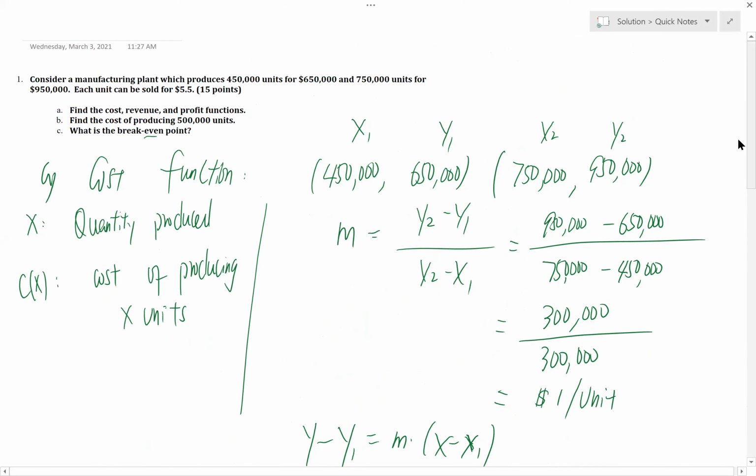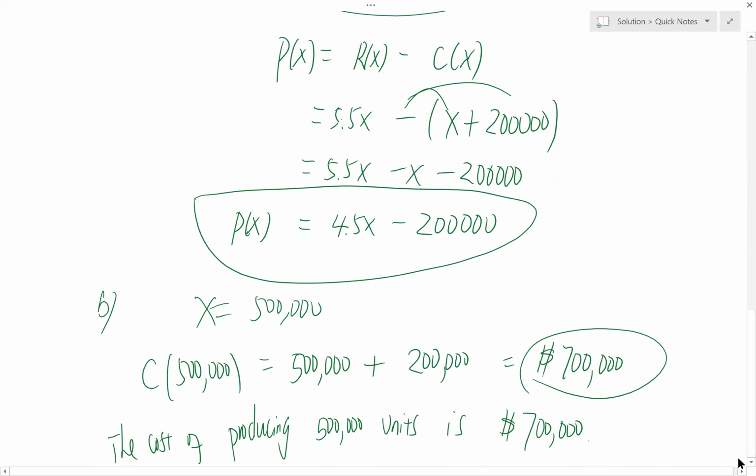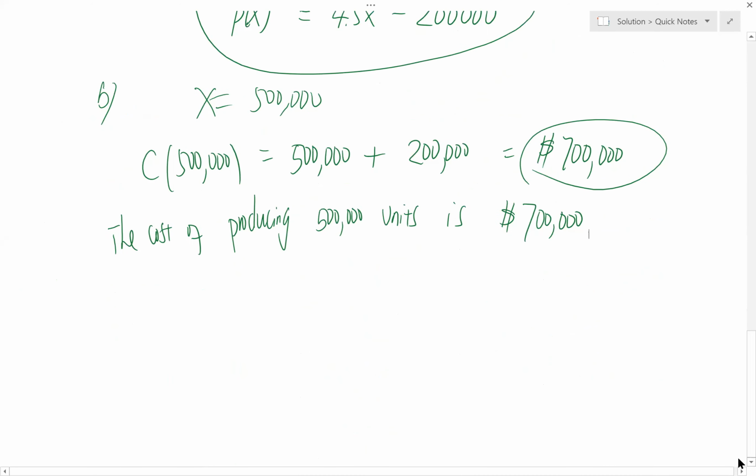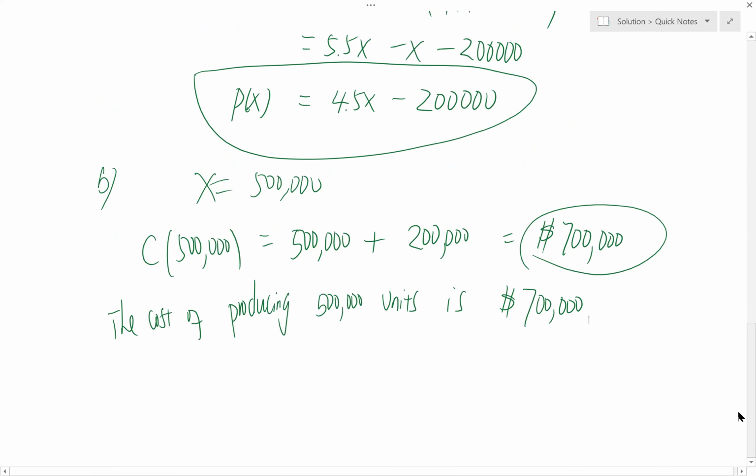Okay, so the break-even point, you can get it from the profit function, meaning when there's no profit, profit equals 0, that's the break-even point. So look at the profit function and set it equal to 0, right? That means you put the right-hand side equal to 0: 4.5x, adding 200,000